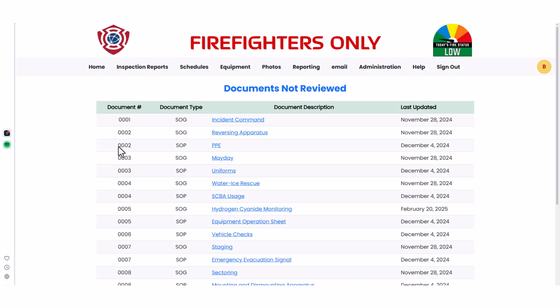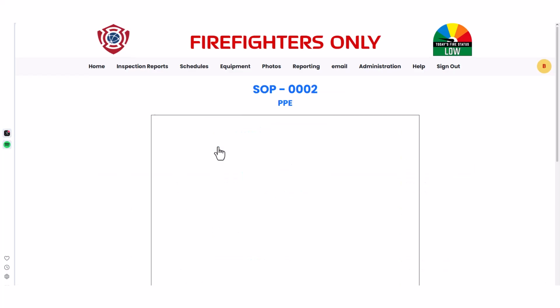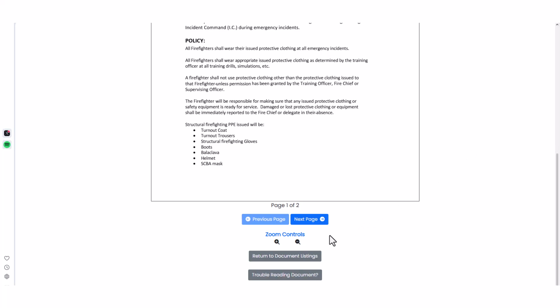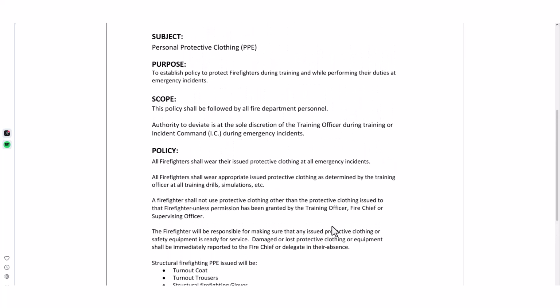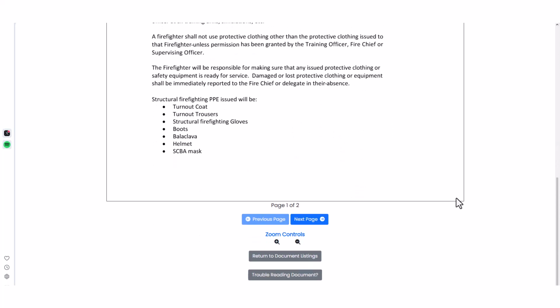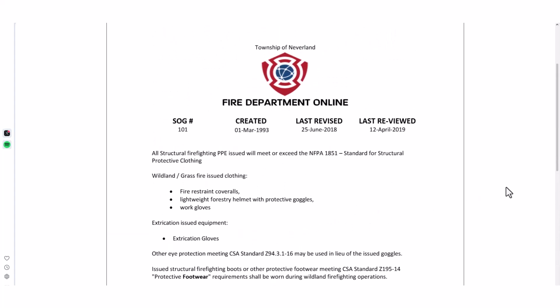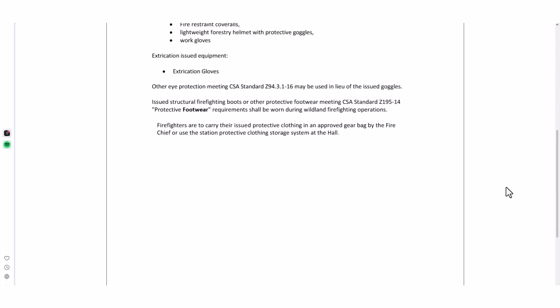Let's review SOP 0002 by clicking on its description of PPE. The PDF file for this document is open for us. There are zoom controls located at the bottom of the page so you can either enlarge or shrink the document print size. After reading the first page, we need to click on the Next Page button. Once we have finished reading page 2, which is the last page of this document,